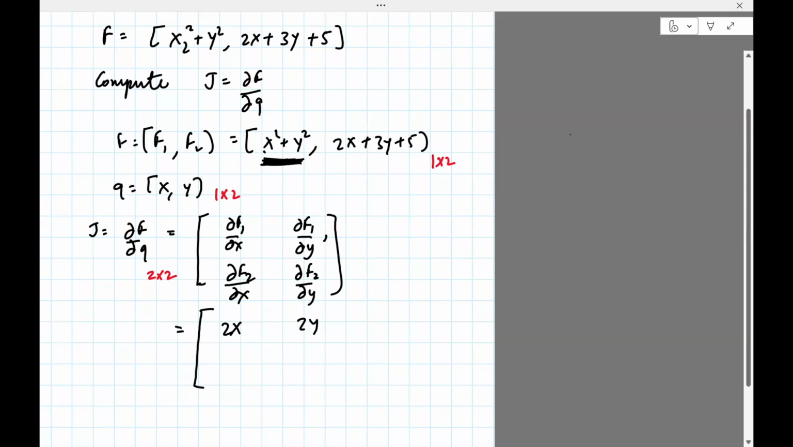Okay, so then we repeat it for f2. Take the derivative of f2 with respect to x, treating y as constant. So the derivative of 2x is 2. And then we have df2 with respect to y. So we treat x as a constant. So 2x plus 3y plus 5, the derivative with respect to y is 3. And that is our